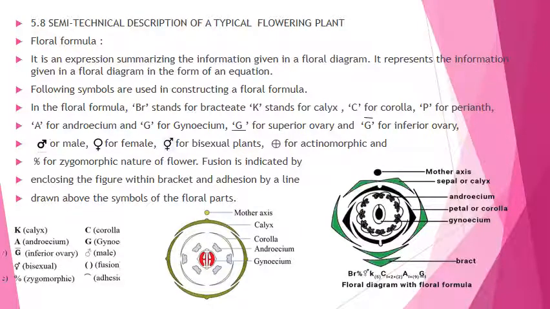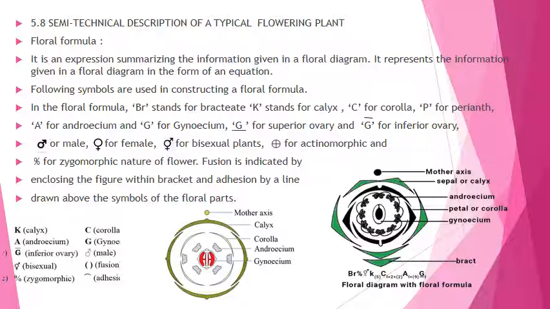Very important topic we are having. This topic is the floral formula, or we can say the semi-technical description of a typical flowering plant. Means what? Every flower, if you see any flower, it has got a certain peculiar type of arrangement of the petals, right? All the petals in the corolla, all the sepals in the calyx, and the position of the androecium, position of the gynoecium, and